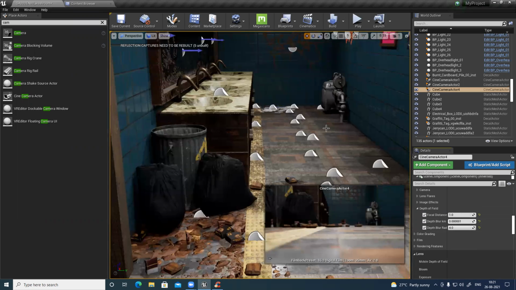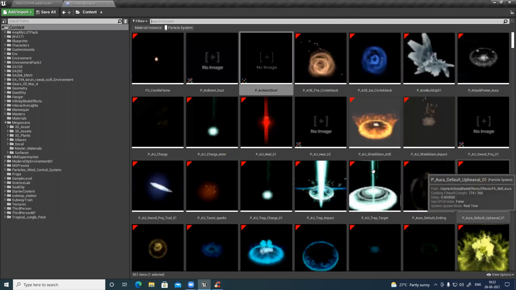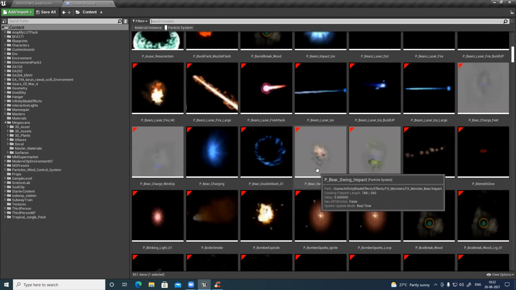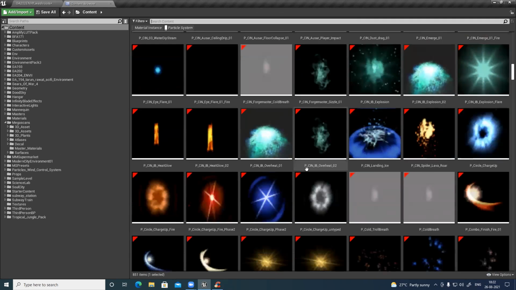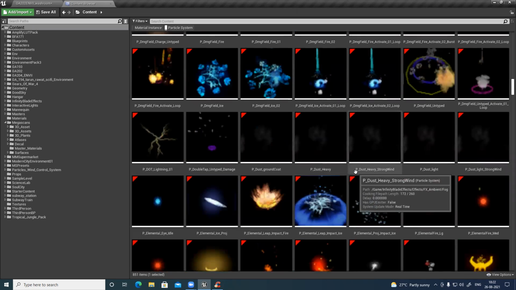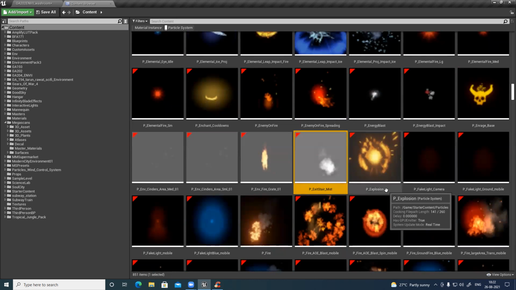And if in my scene I want to add some gas, some cloud or cloudy effect, or maybe some fog or smoke or something, I can definitely do it. Let's see, particles. Dusty, heavy, and all these things are there. Some little mist.